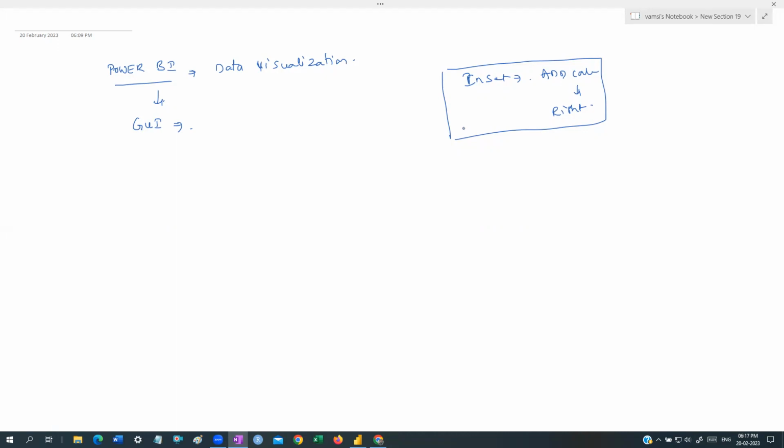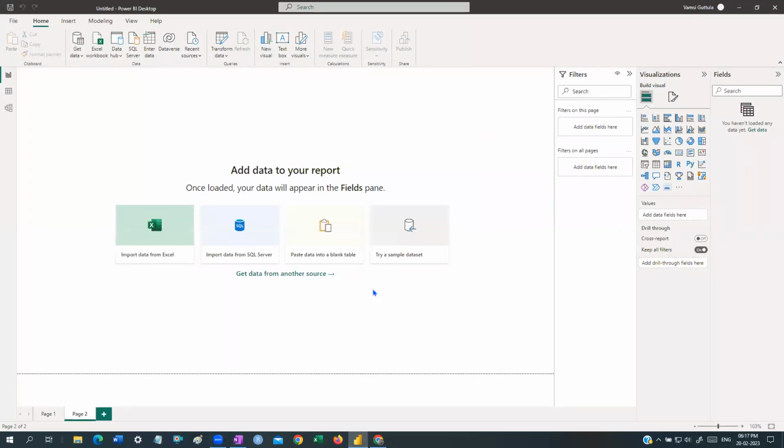In the last class, I showed you that I connected to one database and to a CSV file. I can connect to a JSON file or an XML file. You can connect to almost all different sources. So connect to the data you want to visualize, import it, and then we visualize that data. Don't worry, guys, if anybody thinks something has already started. I'm not starting with Power BI. Power BI will start next week, guys. Today it's only an idea. I'm just telling you what features it is going to provide.